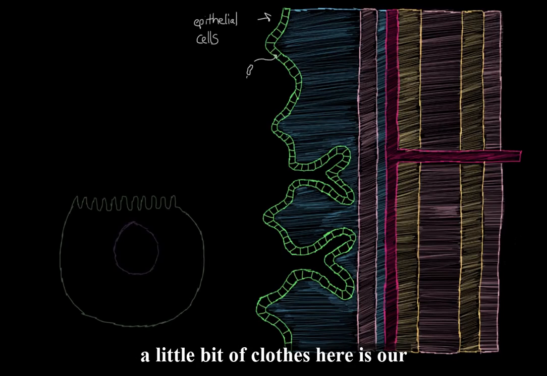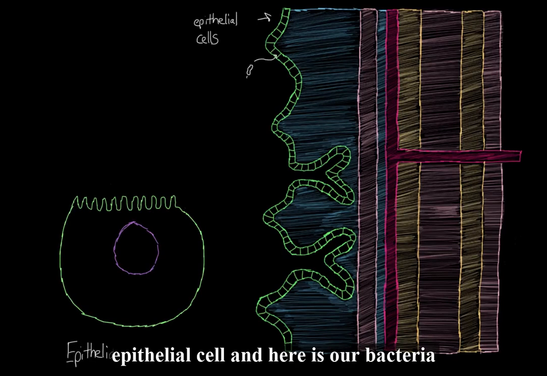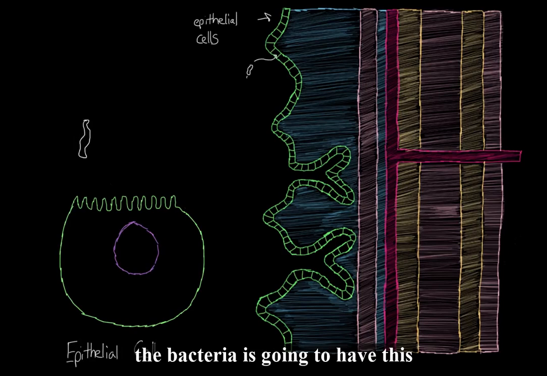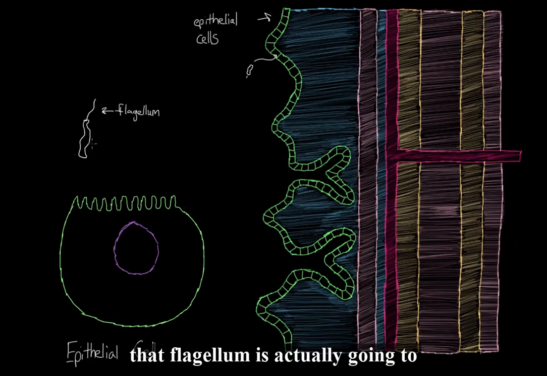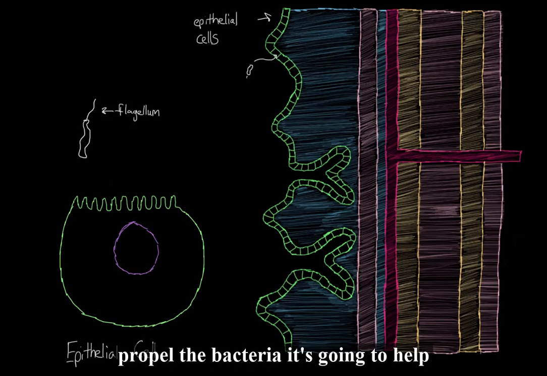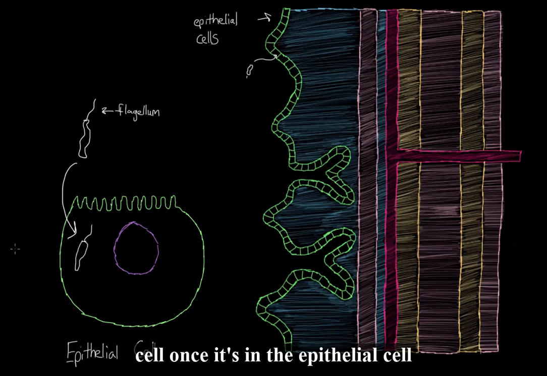So let's look at this a little bit up close. Here's our epithelial cell, and here's our bacteria. The bacteria is going to have this structure over here that kind of looks like a tail. We call this a flagellum. That flagellum is actually going to propel the bacteria. It's going to help this bacteria move into the epithelial cell. Once it's in the epithelial cell, it'll start to eat all of its nutrients, and that epithelial cell will begin